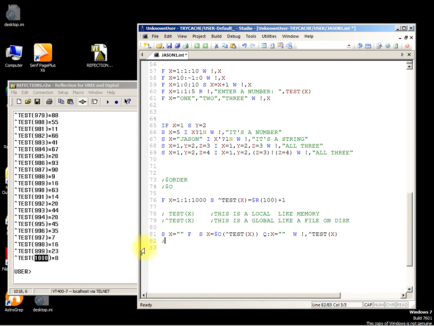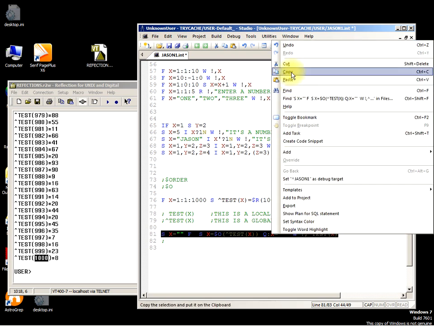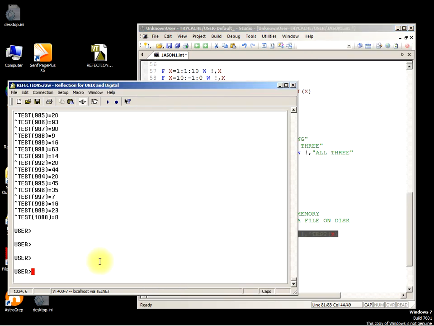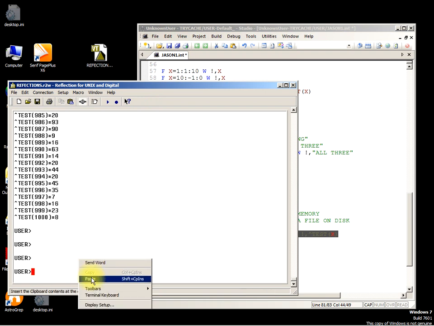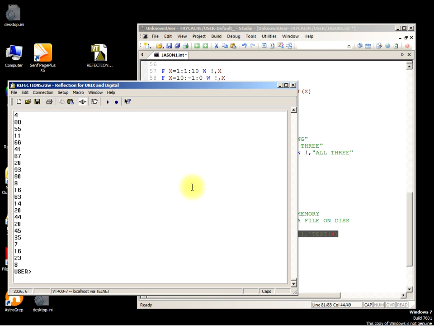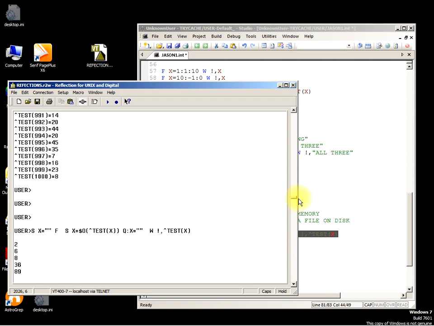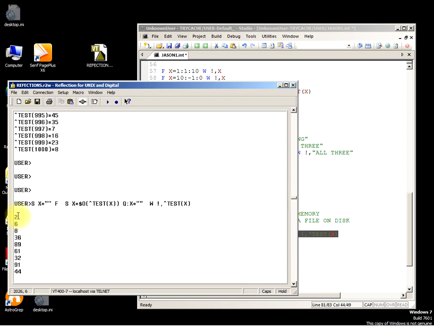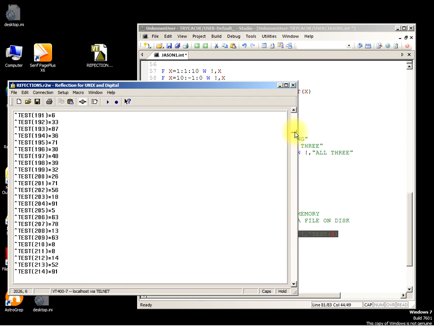Let me run it for you, and then we'll see. And I will explain it better with some more examples. So here we go. So as you can see, it's done all that list. Right, so that's where we started. So we've got 2, 6, 8. Whereas if we look in the actual file,